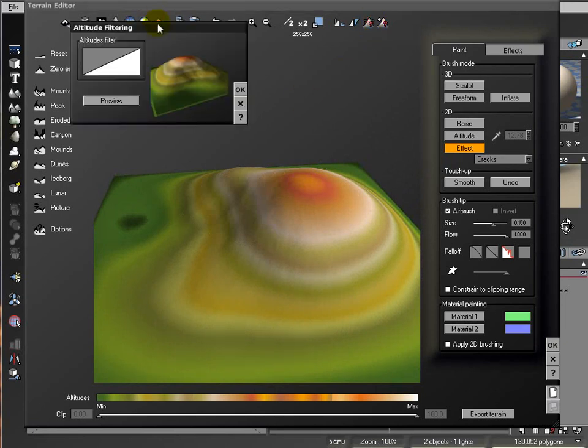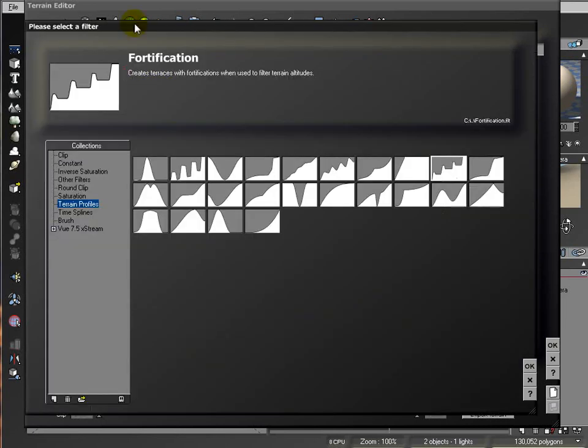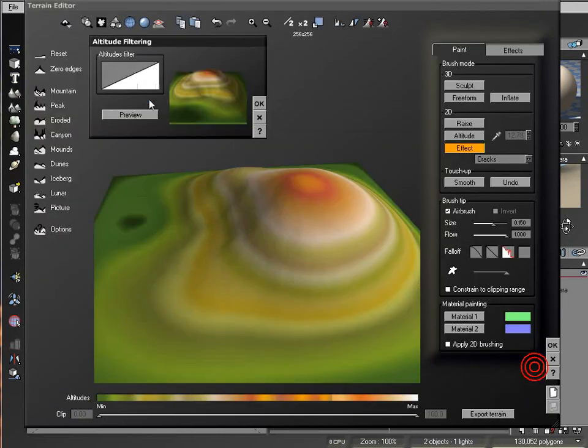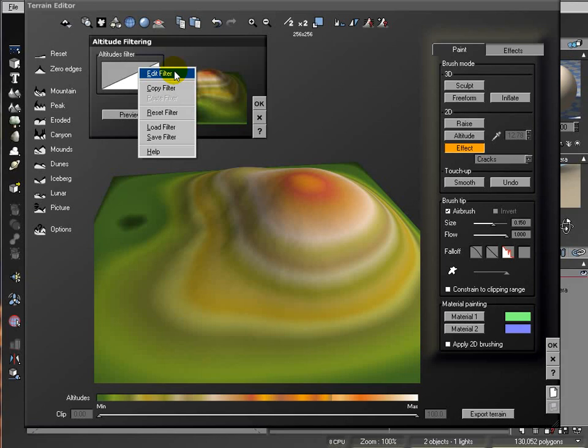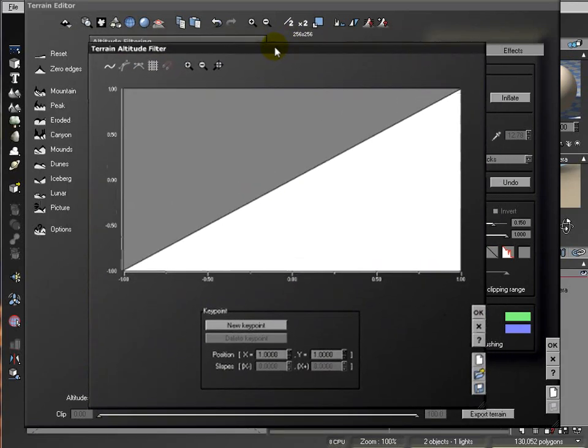Let's open it, and you notice it's a very nice, very clean menu, straightforward. We have an altitude filter, and we have a preview of how the filter will affect our terrain before it is applied to the terrain itself. You can change the filter by double clicking. It will open preset terrains if you want, or you can right click and go to edit filter,